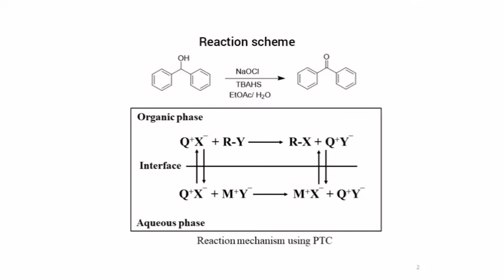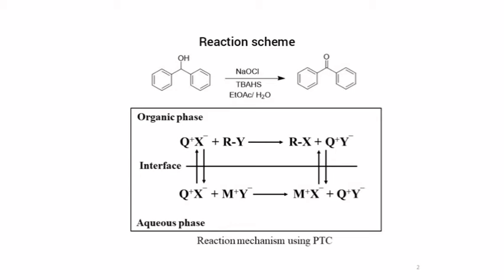In this lab, we are going to use sodium hypochlorite solution, which is household bleach, as an oxidizing agent to perform the oxidation reaction in a greener way. Using bleach as an oxidizing agent, we can avoid toxic metals like chromium and harmful reagents like pyridine, oxalyl chloride, etc., which are commonly used as oxidizing agents.